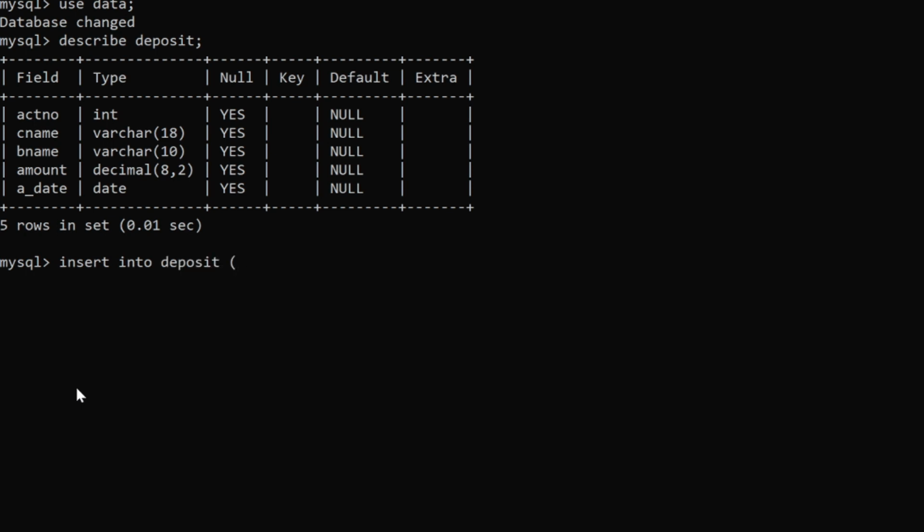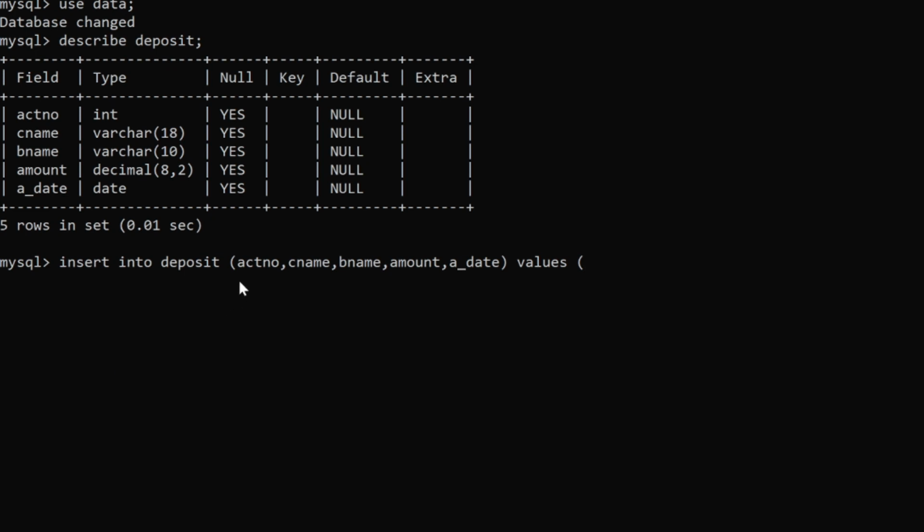The columns in which I want to insert my values are account number, C name, B name, amount, and A date. Values.